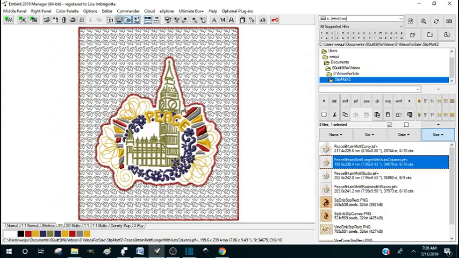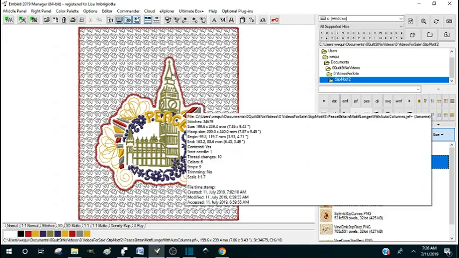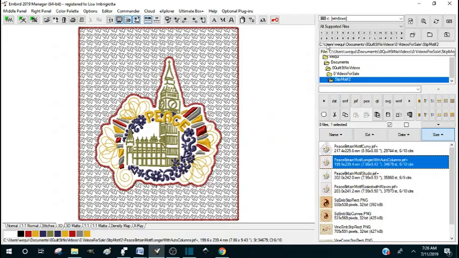I just think it looks better because in editor you can't really get a good satin stitch that looks pretty, so you're better off making it looser. So that's using what they call auto column, and then we'll go over that. And let's see, the other one here,